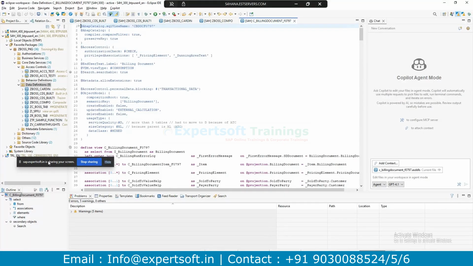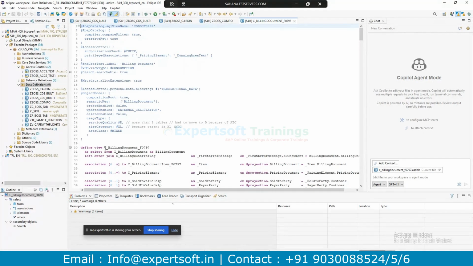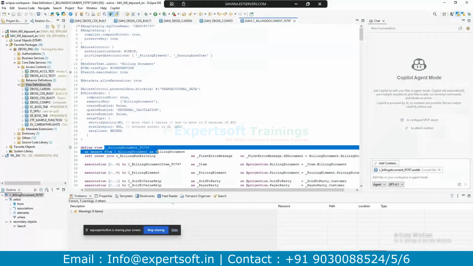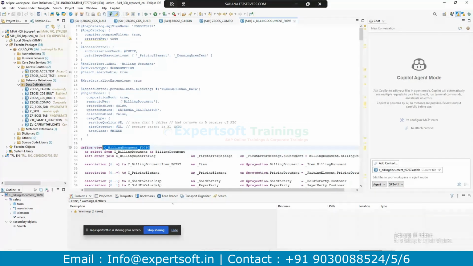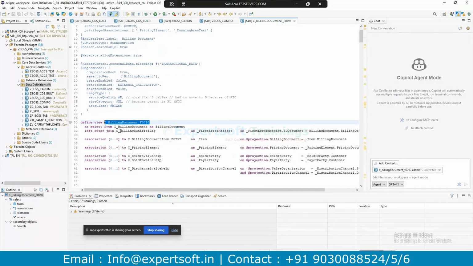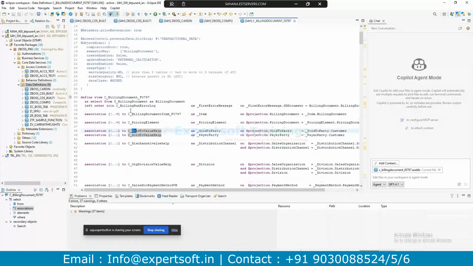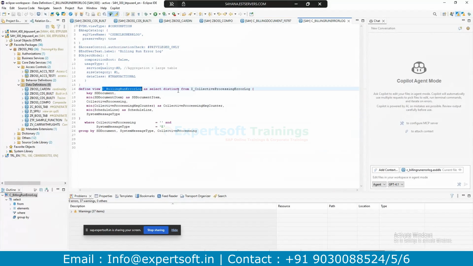For now I can tell you this is the one, the managed billing document. It is a Fiori application. This is the end CDS view that it is using. Inside, if you see, there is an interface view. Again, the consumption view is also using it and multiple others. Inside the consumption view, if you go ahead, again there is some distinct one from another interface view.